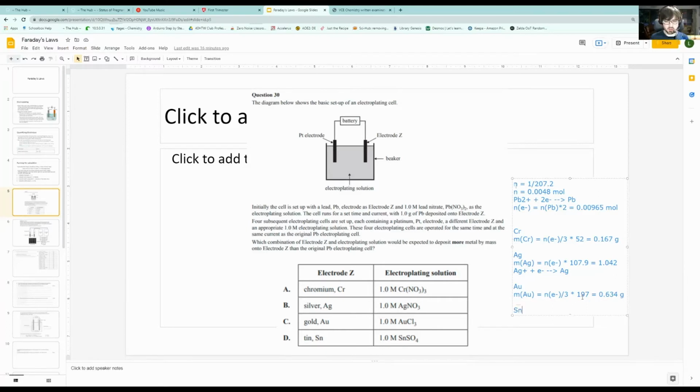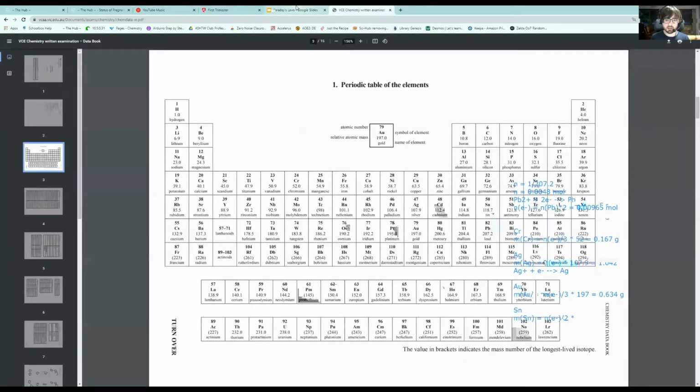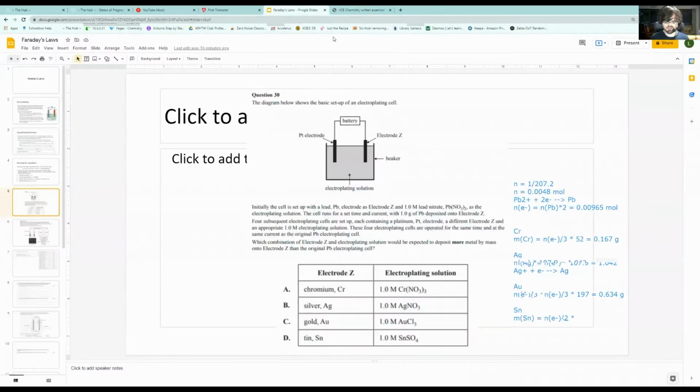And tin is going to be mass of tin equals amount of electrons divided by 2 times, what's the mass of tin? 118.7. Which is going to be 118.7 divided by 2, which is going to be 0.573 grams. So we can see the fact that the silver has that 1-to-1 ratio, whereas all of the others